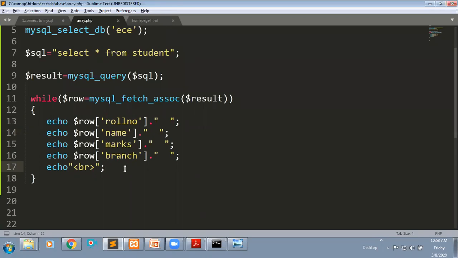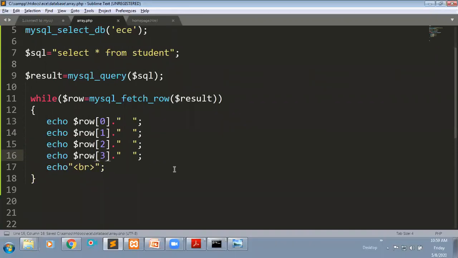For example, if it is a row, it is a numeric array. That means here you need to mention index values, that is 0. Same thing, but we will change the index value to 1, 2.